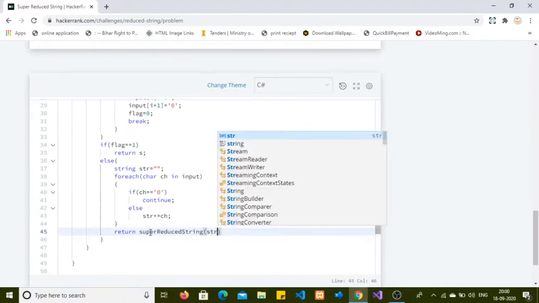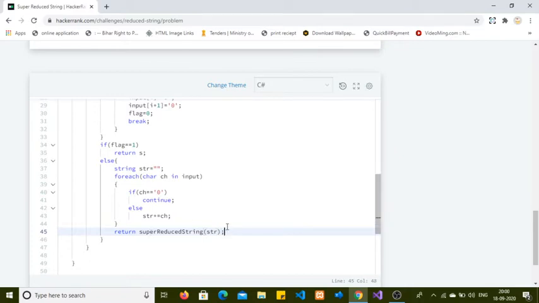Now I will pass str, the newly created string.